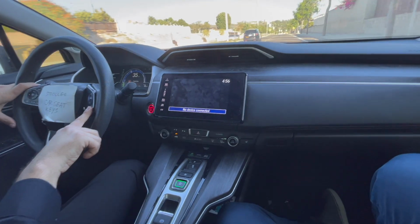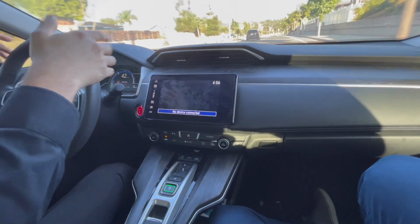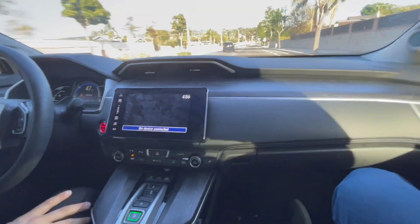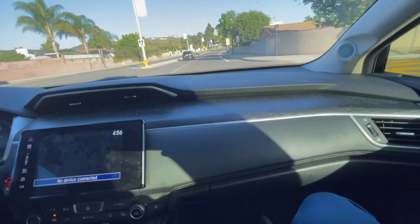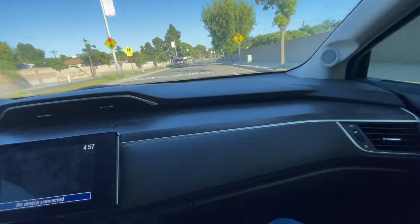So it looks like this has lane keep assist, is that correct? Oh yeah. And does it just kind of ping pong you between that? Yeah, you'll feel it take over a little bit, but I wouldn't say it's intrusive. It's cooperative. So it doesn't make nagging sounds or whatever. No, just kind of...